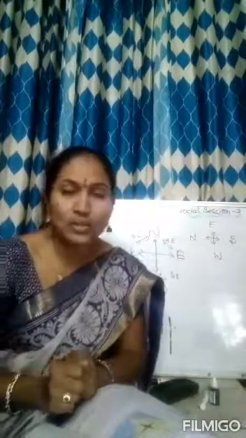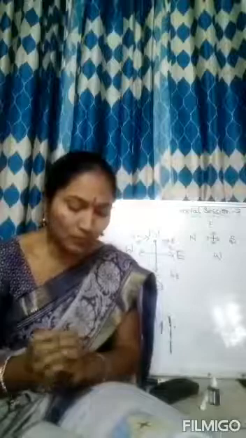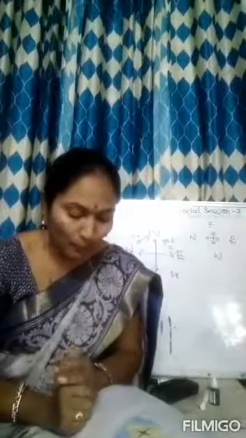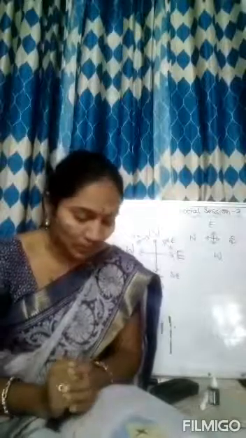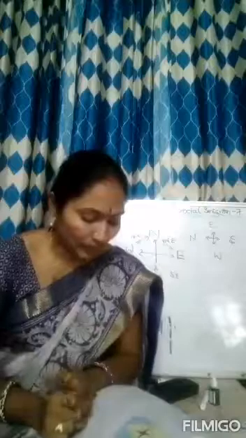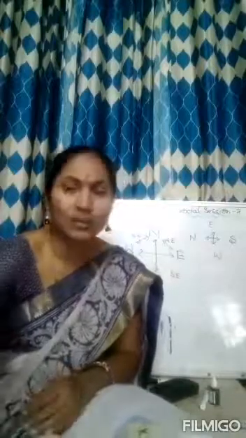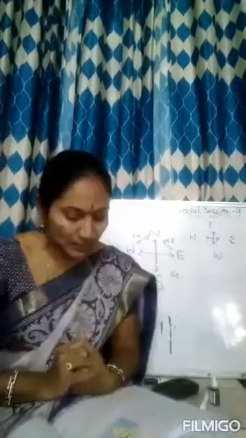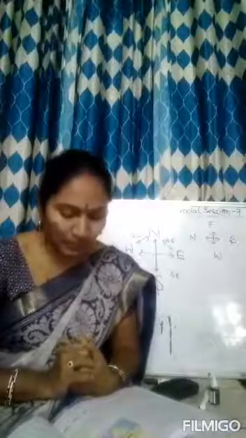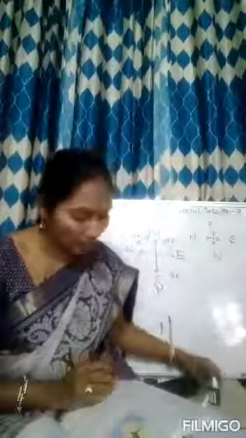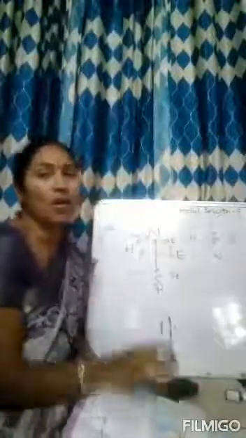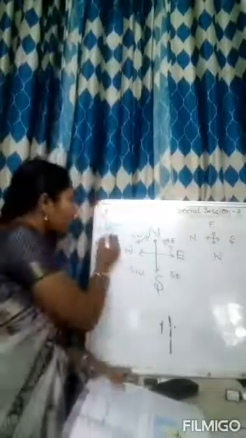The scale that we are using is the ratio between the map distance and the ground distance. This is done by providing a scale at one corner. A map gives the scale as 1 centimeter to 100 kilometers. It means that 1 centimeter on the map represents 100 kilometers of distance on land. Suppose the scale shows 1 centimeter on the map, that means on the ground it is 100 kilometers.